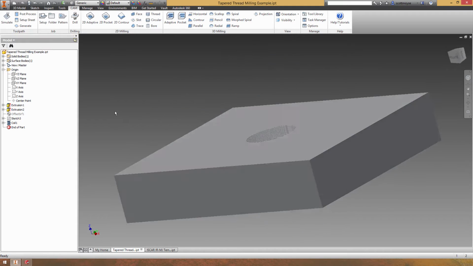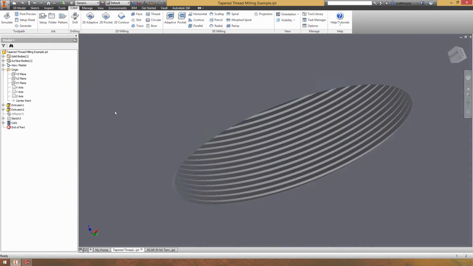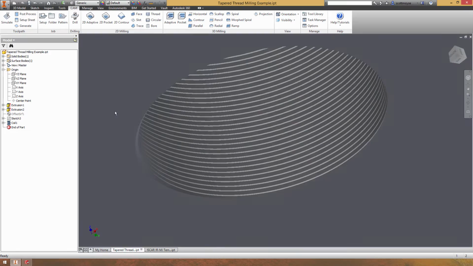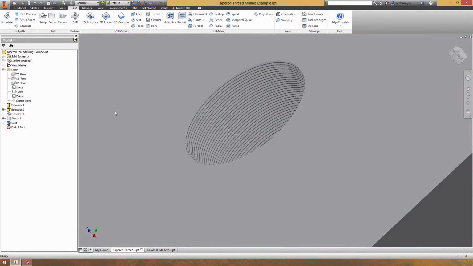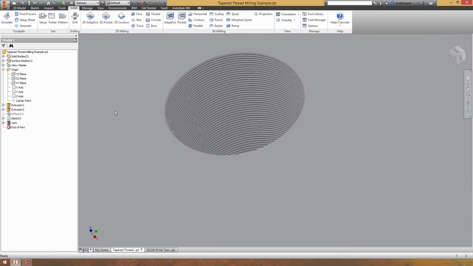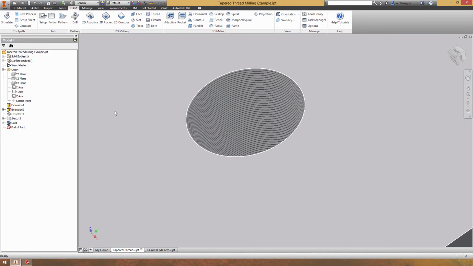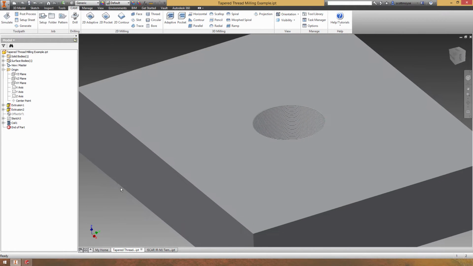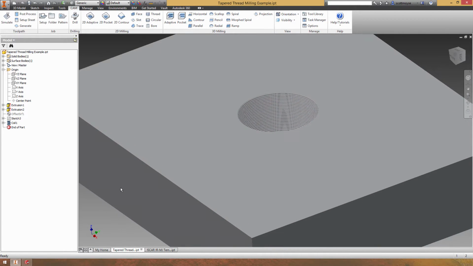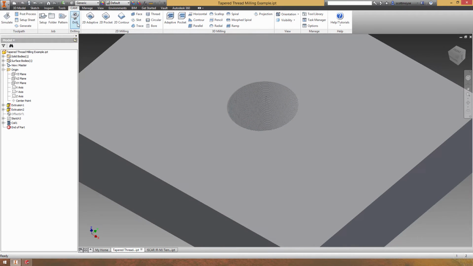In the Inventor model, I've actually modelled the thread just because I wanted to see and compare the model to the stock definition. As it turned out, it didn't work out all that well because there's no control over the start point of the thread when you define the operation inside Inventor HSM. Now, the reality is that that's not an issue in the real world, but all the same, I chose to use the bore